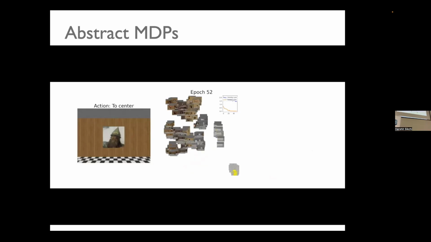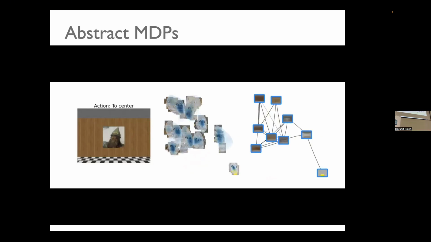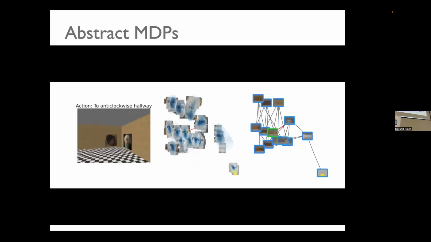And you can also ask for the grounding in any of those states. You can say, for this particular state, what's the distribution over images that I expect to see? You can draw samples from that distribution so you can visualize this agent moving, kind of dreaming in your head about what the agent is doing. Okay, so that's the basic case.